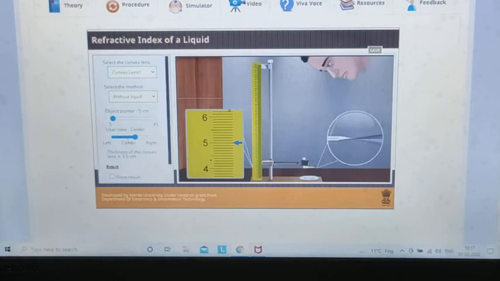Whenever you move this cursor from left to right in user view, the image and object should move together. This is called the parallax method, or parallax removal method. So you have to remove this parallax, and then you can easily find everything here.